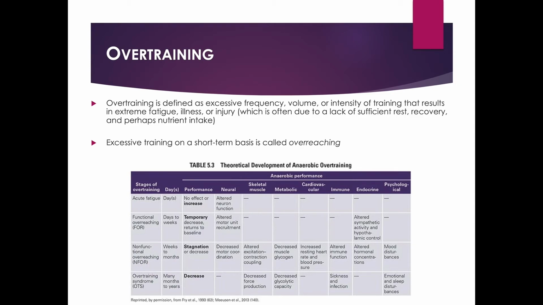And you can see down here all the different areas where overtraining will affect anaerobic performance. You see weight loss. They'll see a decrease in immune function, sleeping behaviors. This is hormonal concentrations. So with all these factors, you just will not get the performance out of the athlete that you once had. And you always know if you're starting to get overtrained because if you take some time off and they never bounce back, then you've overtrained.